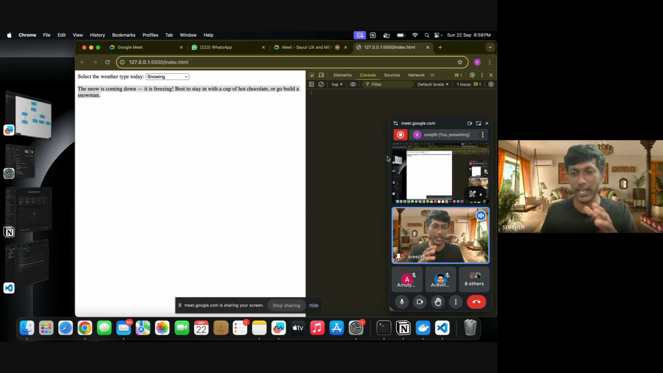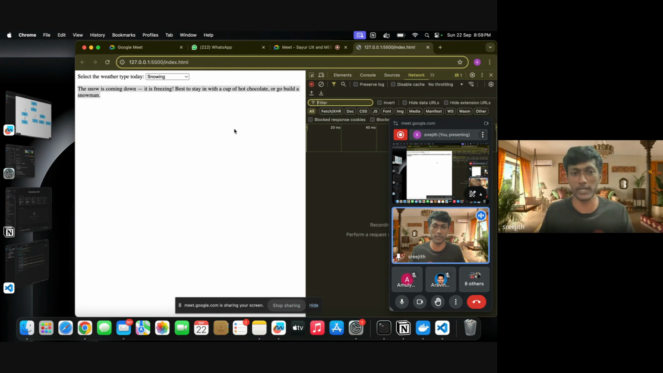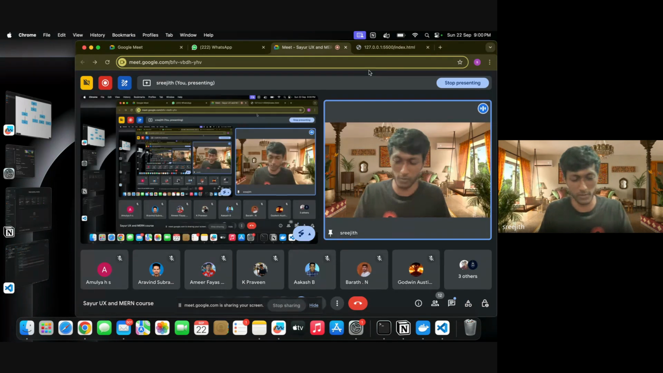You should be familiar with this inspect element thing. Here the Network tab shows what kind of calls are going to the backend, and everything you can see. If I open the network tab, you can see that